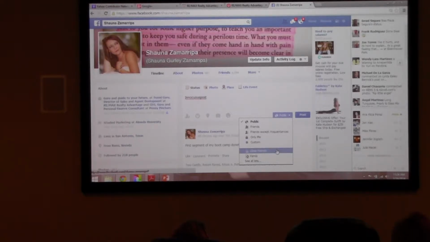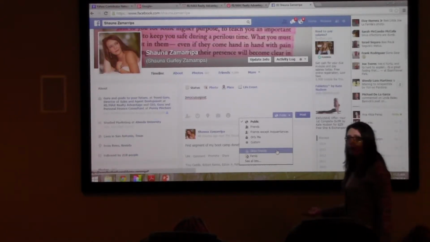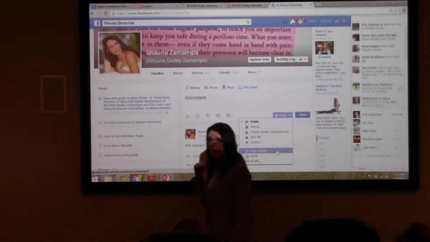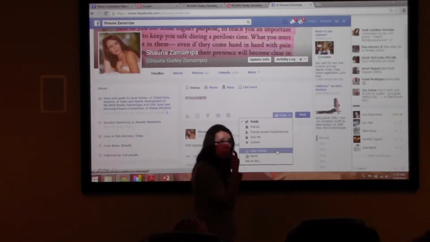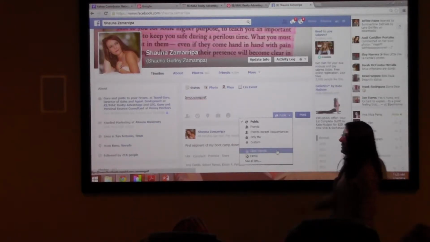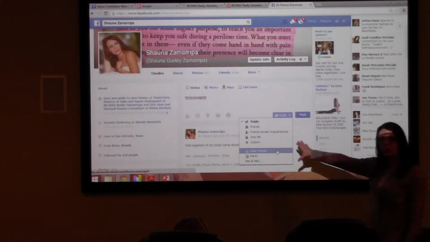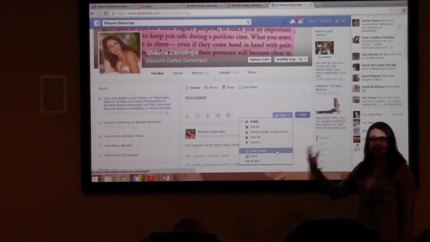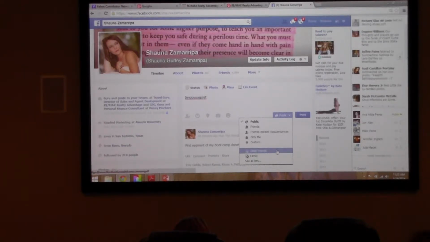But you can also select different lists that you have on Facebook to where only your close friends can see something, only your family can see something. As I mentioned, I'm a mother. I don't want everybody and their brother looking at pictures of my daughters. I'm not comfortable with that. So if I'm going to post pictures of my kids, I'm going to do it to my family list exclusively. So only my family can see it or only my close friends can see it. It's not being blasted out to the entire world. So it's giving you the option of locking down what data you're actually sharing.